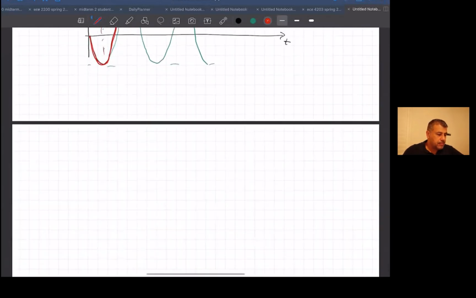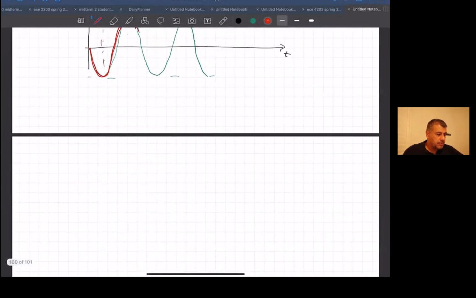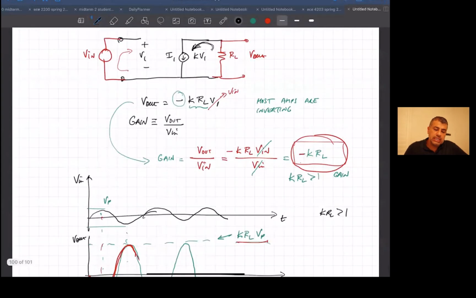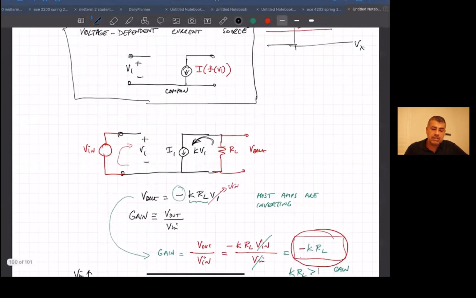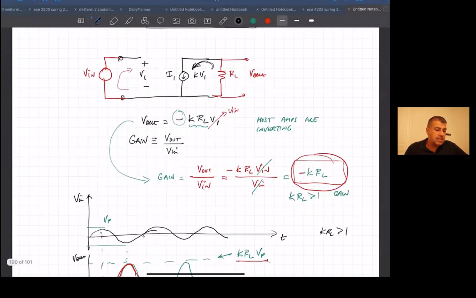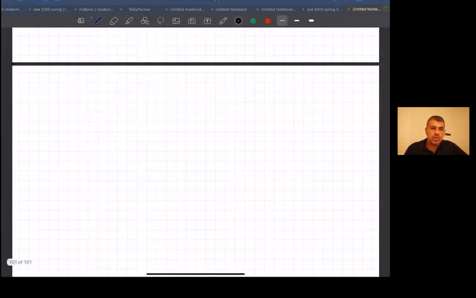So let's see, what else did I want to say? So a bipolar transistor, and now you're going to have to trust me for a second. The reason I went through this discussion of a voltage dependent current source, or voltage controlled current source, and how we can get a gain out of it, is because you can model the bipolar transistor in a certain operating mode as a voltage controlled current source. Okay, so if you have a bipolar transistor, and I'll show you how in a second here, you can model it as